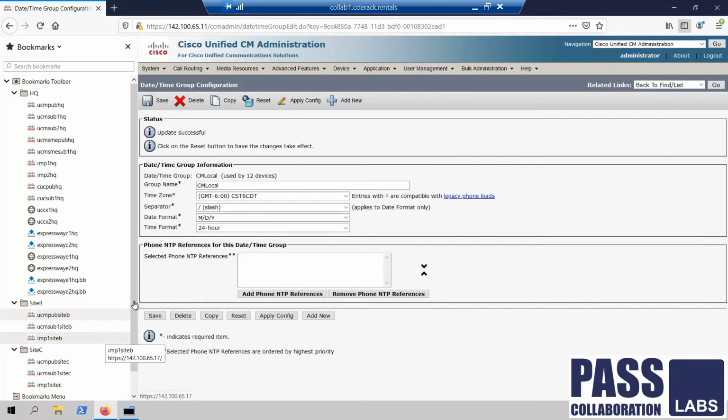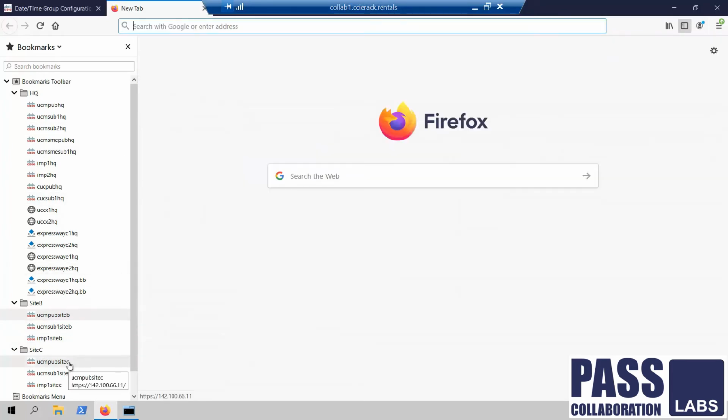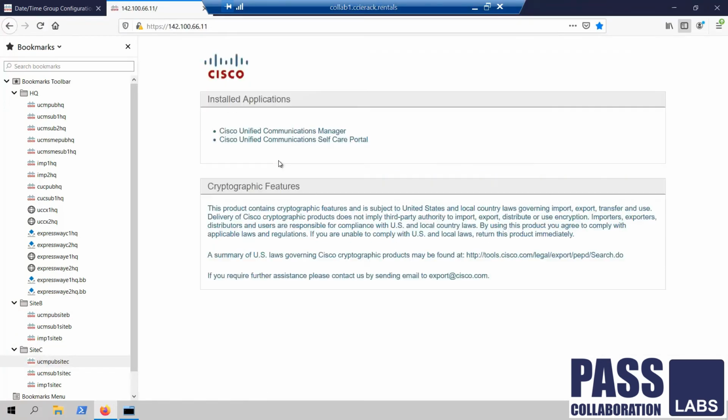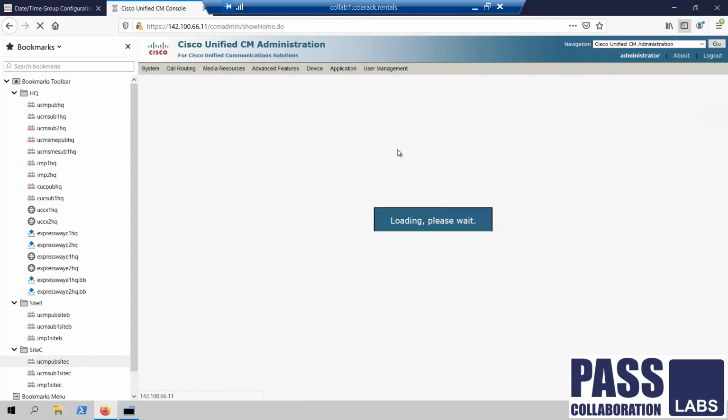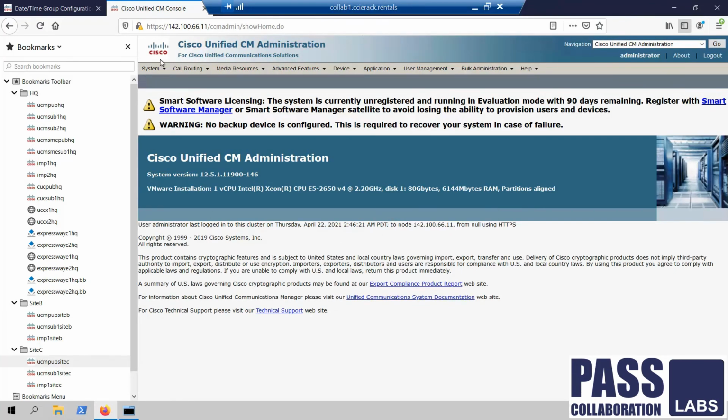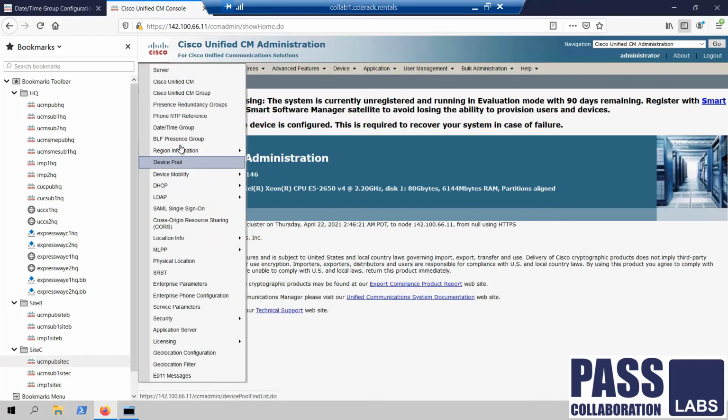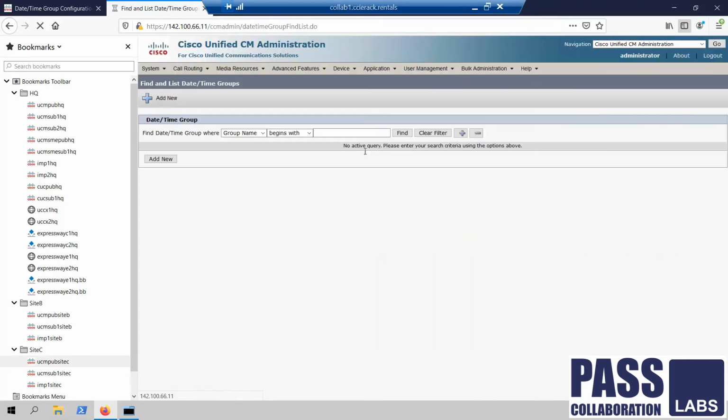Now the same thing on site C publisher. Go to System, Date and Time group.